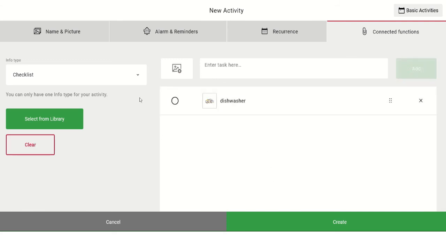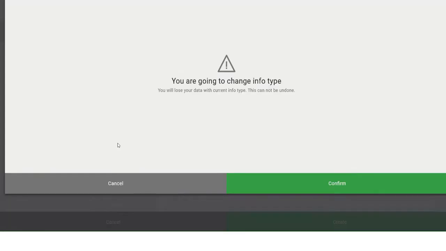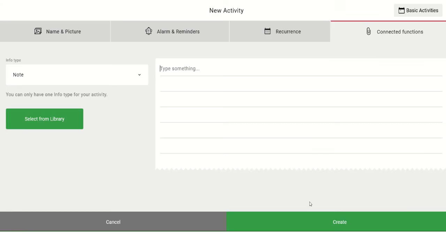You also have the option to add a note. And here you can start typing your note straight into your activity or go back to your library and select one that's already been done. So if I click on create,